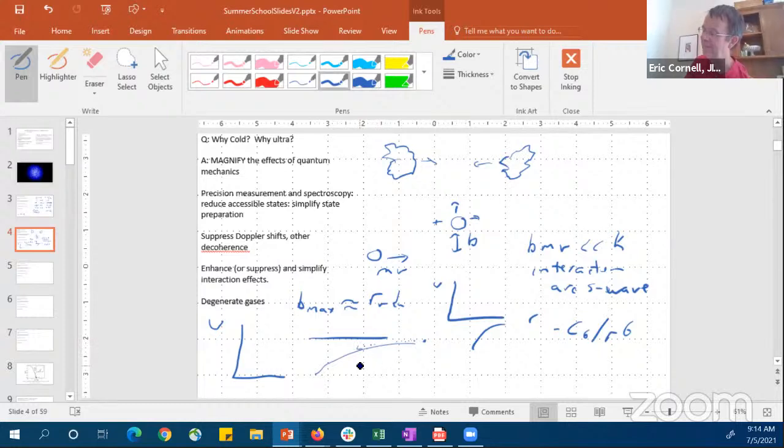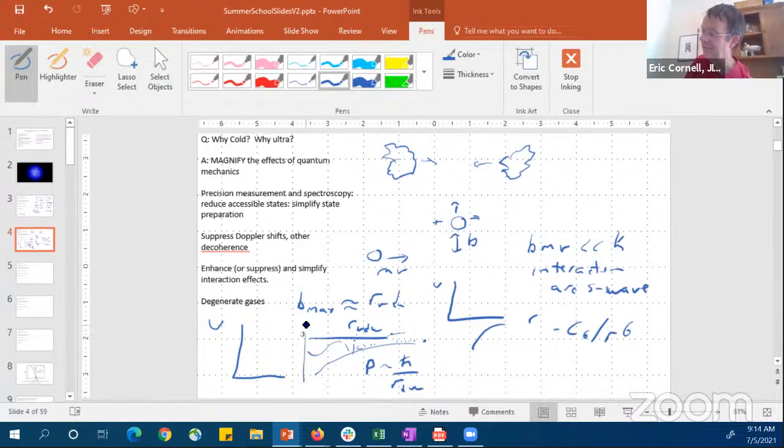At some point, which I'm going to call R van der Waals, my momentum is equal to h bar over R van der Waals. Basically, as we roll down this potential, at some point our wavelength becomes as short as the distance remaining to the